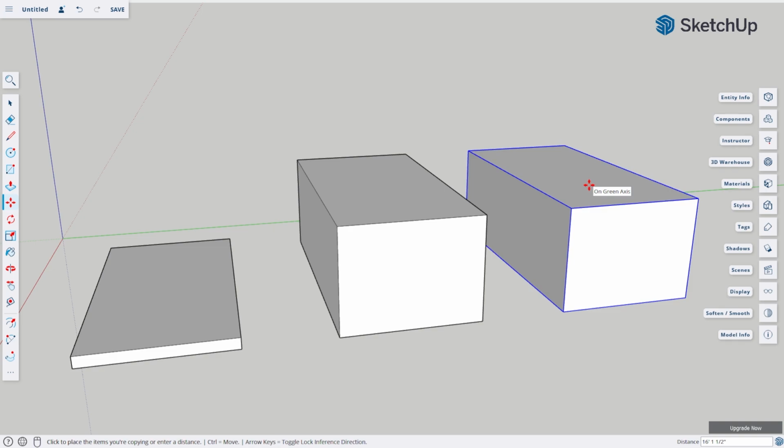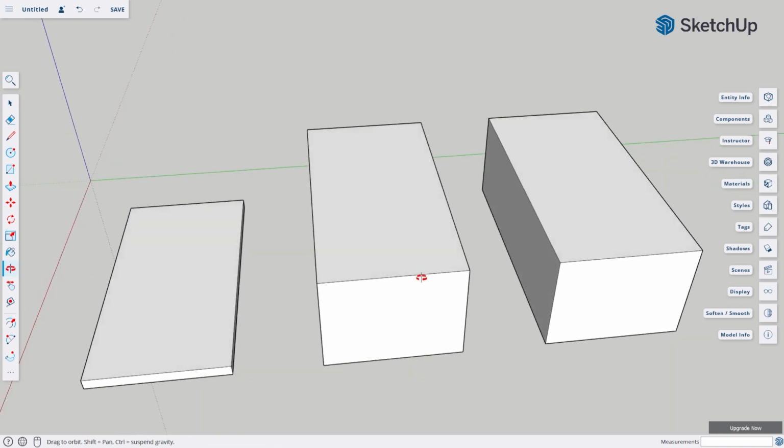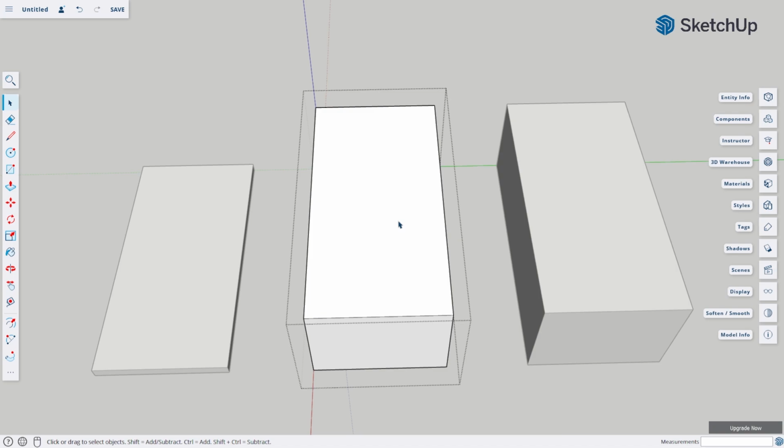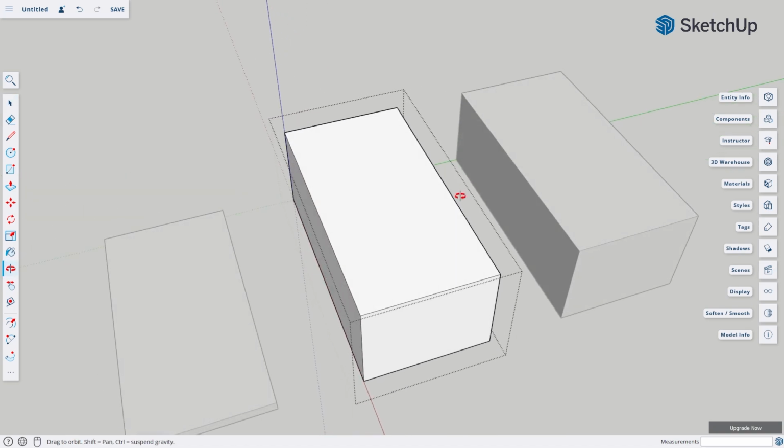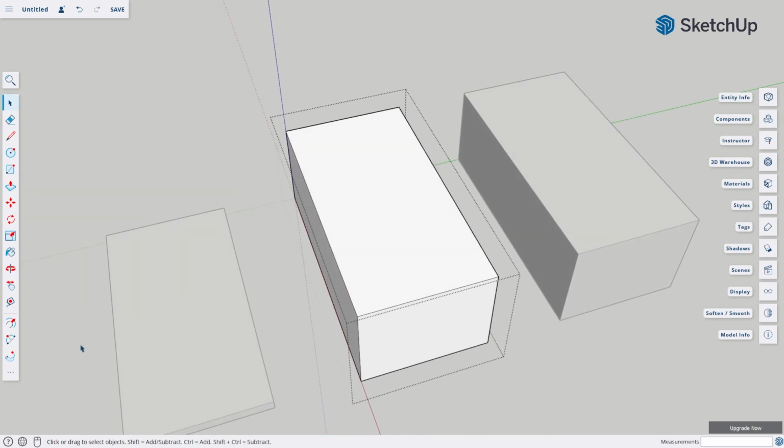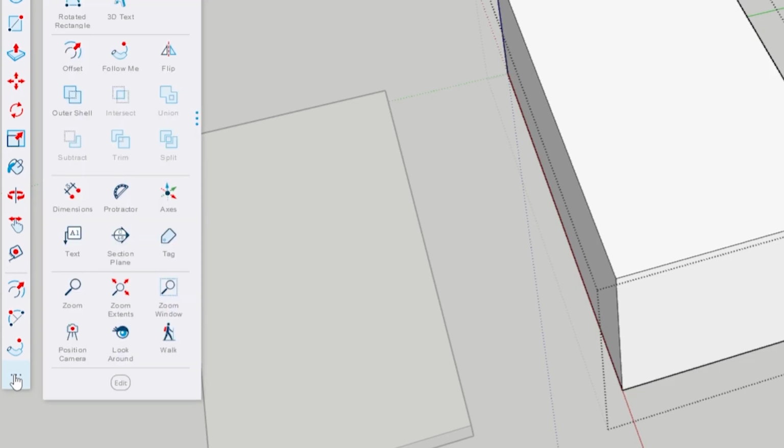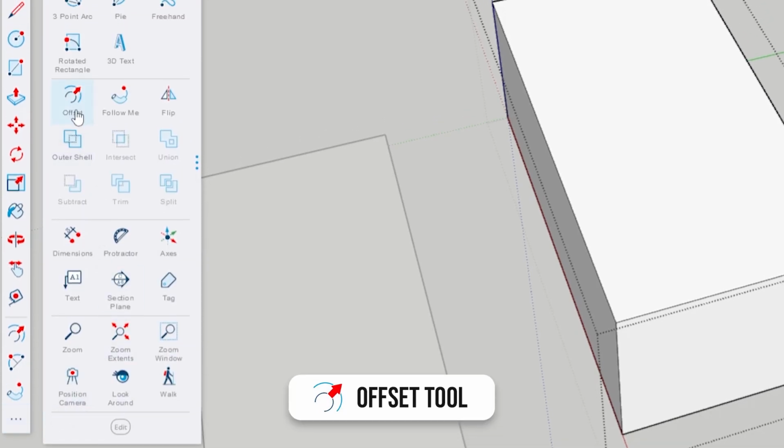The next thing I'm going to do is to lay out the inner shape of the first floor. Think of it like a floor plan where I will create the walls and the room from a top-down view. So now I'm going to double-click this again to activate editing. And I'm going to click these 3 dots at the bottom of the toolbar and choose the offset tool.